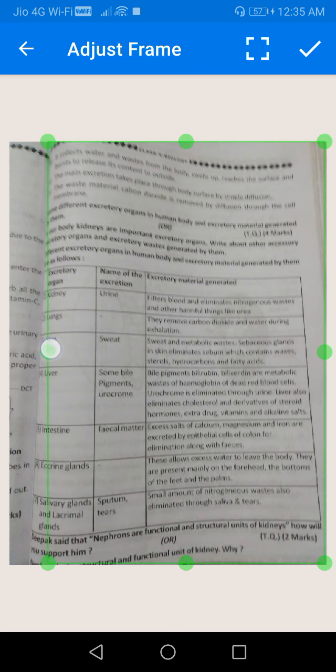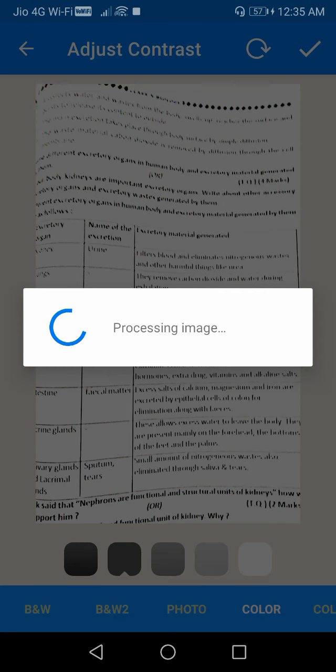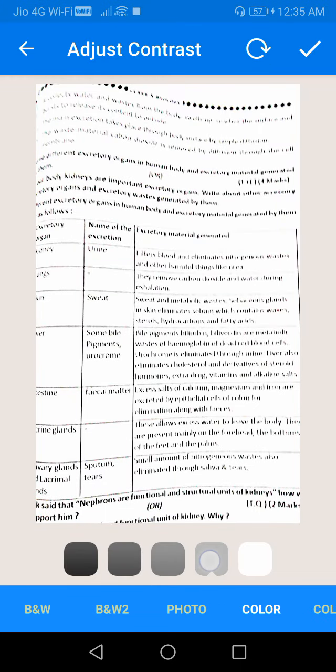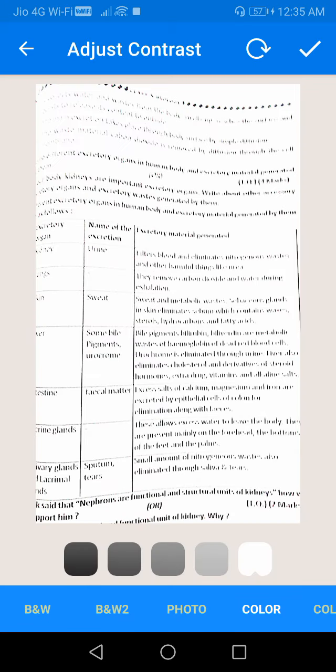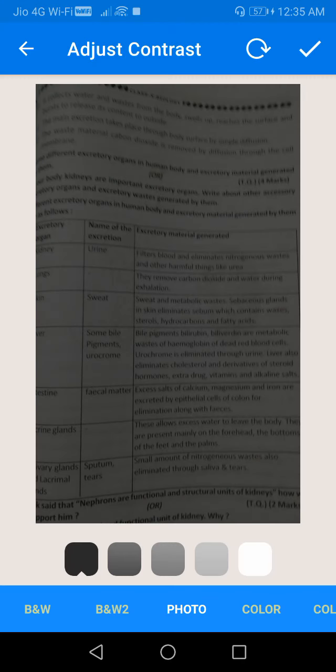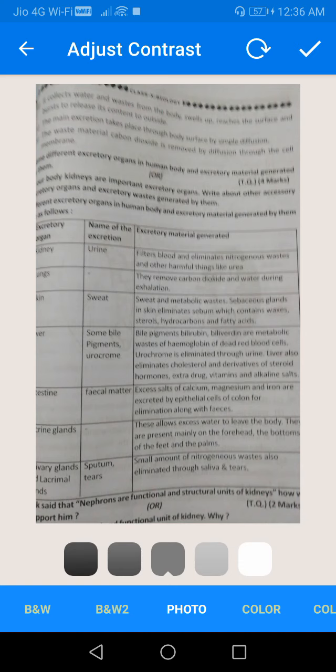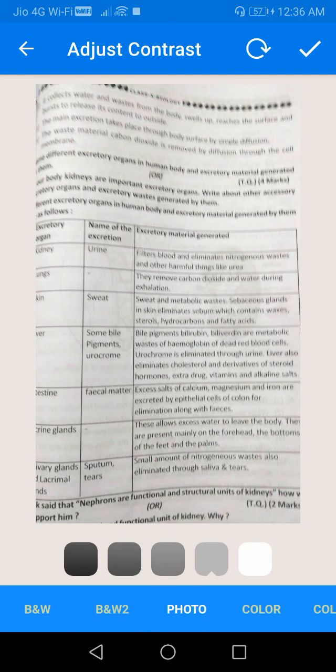I don't want these edges, so we can clear them. We can select the colors whatever we wish. Here color is also there. Photo is also there. I like this, so click OK.